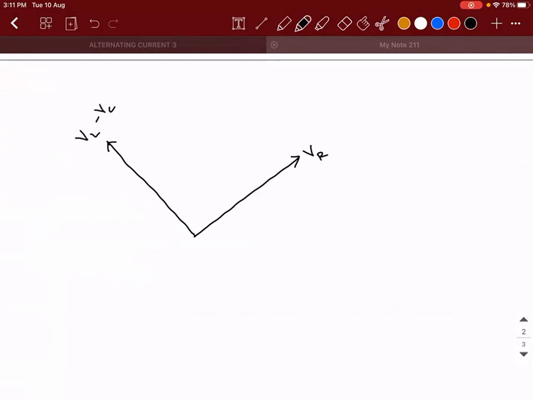VL minus VC is like this, and V effective is like this. Okay. Now see, if I draw an arrow parallel to this VL minus VC, which is of the same magnitude, then I can say this is VL minus VC. Okay. Then